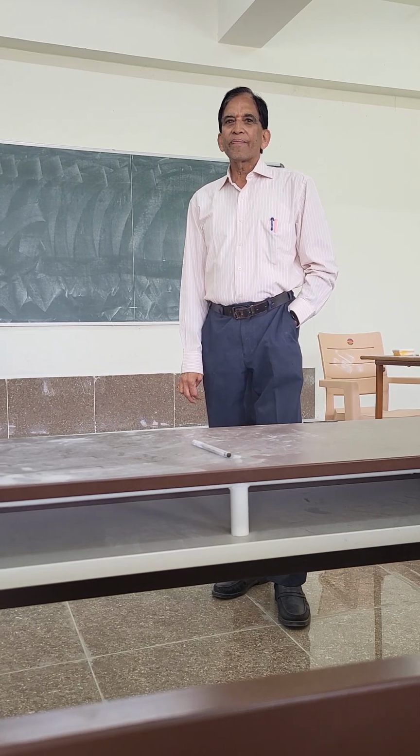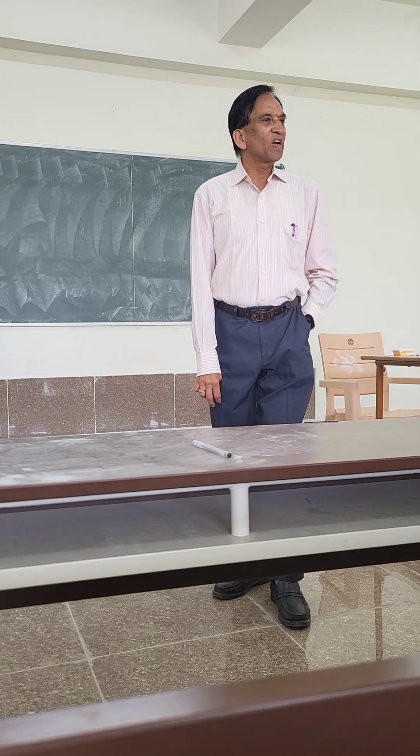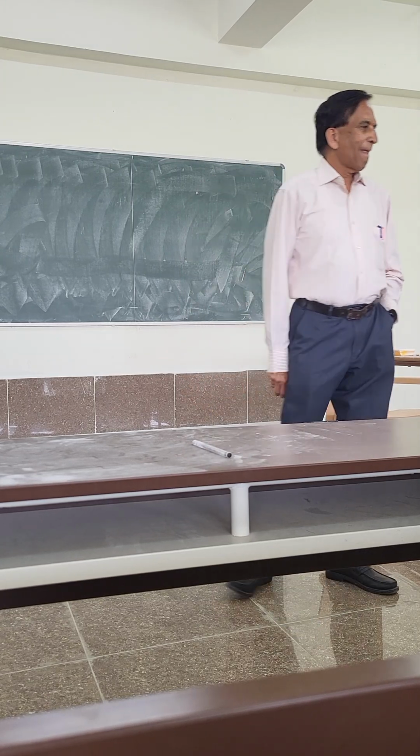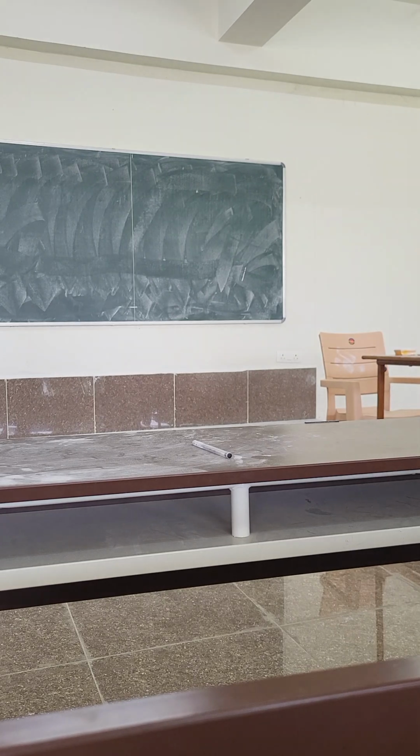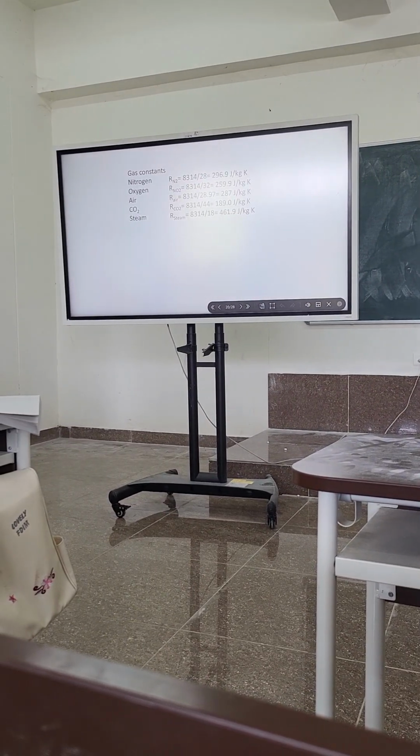Is it okay? All the four? All the five rather? Nothing wrong with it? No, don't copy from there. We calculate and put it down there. So these are what are called characteristic gas constants. The units will be joules per kilogram per Kelvin.